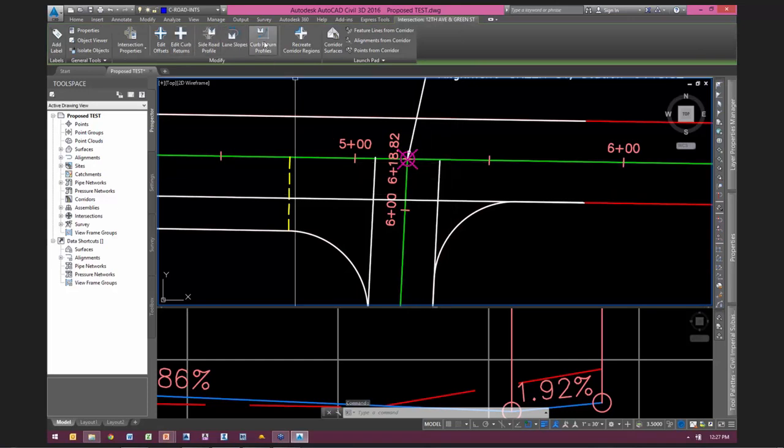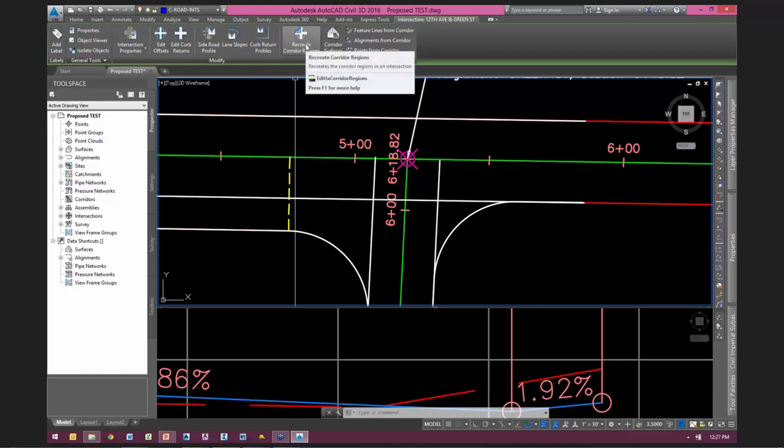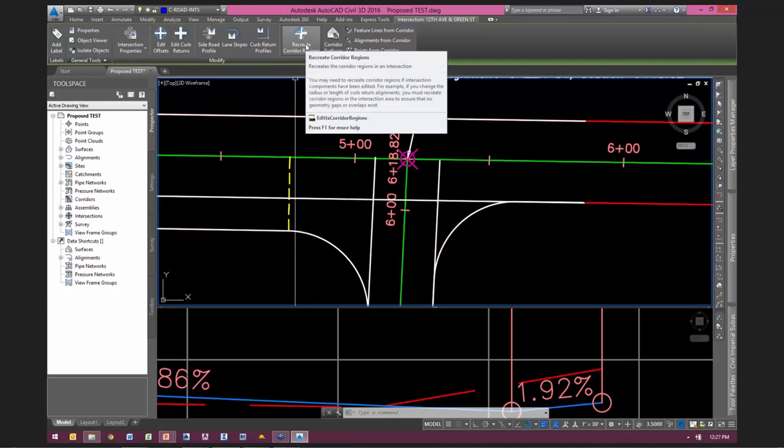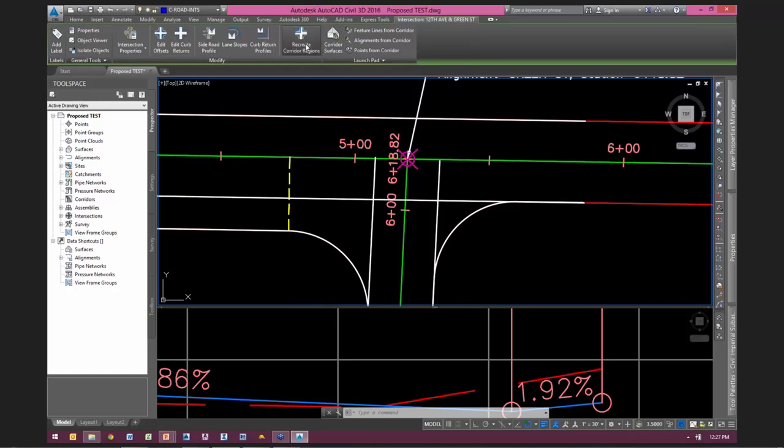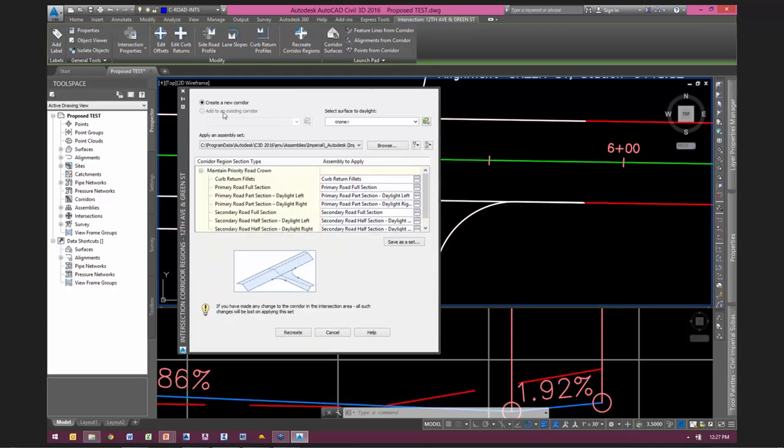So those are all the adjustments we can make. As I said, go ahead and do that stuff before you've made your corridor at all. When it comes time to make your corridor, pick on the intersection object and click on Recreate Corridor Regions. I know it says Recreate. I haven't created anything yet, but kind of the same difference. Create Corridor Regions. And what we get is that last page that it's showing up in our intersection wizard. I'm going to create a new